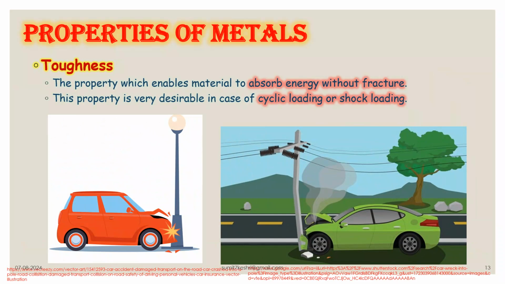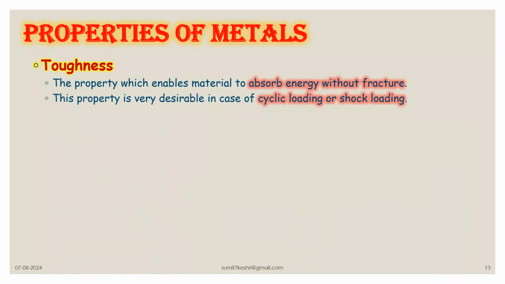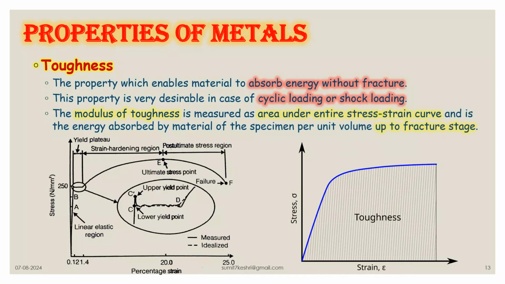When a material is subjected to any impact load, then it will absorb energy till it yields or fails. The maximum energy that a material can absorb without fracture is known as toughness of the material. The toughness of material becomes an important parameter in case of cyclic loading or shock loading. Toughness of a material can also be defined as the area under the stress-strain curve up to the failure point